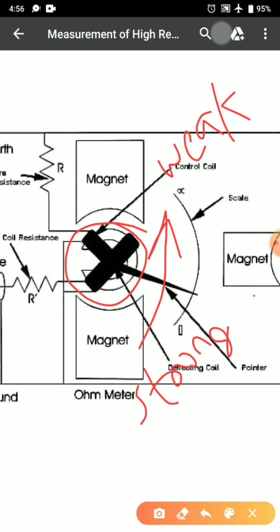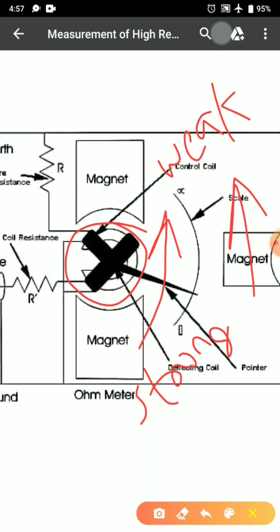The construction is made in such a manner that it combines the effect of the current coil and the effect of the voltage coil. When both these effects are combined, if the resistance value is higher, the pointer is easy to move towards the higher end, but it has a compressed action towards the lower resistance portion. So the scale opens up in the high resistance portion, while it has a compressive action in the low resistance portion of the scale.